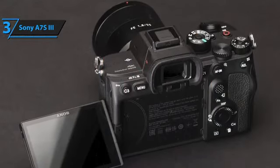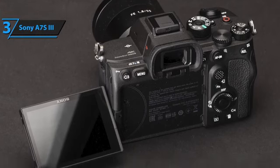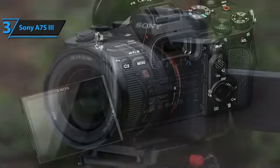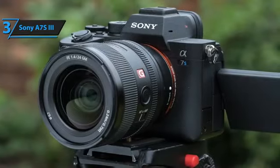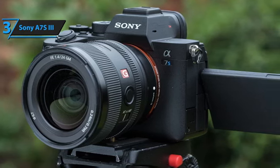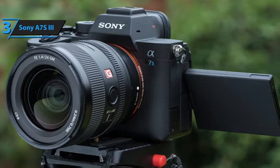While primarily designed for video, the Sony A7S III is no slouch in photography, boasting a rapid continuous shooting speed of up to 10 FPS. Its 12.1 megapixel full-frame sensor excels in low light thanks to the sizable pixels. The camera employs Sony's E-mount lens system, granting access to a vast and expanding collection of first and third-party lenses,